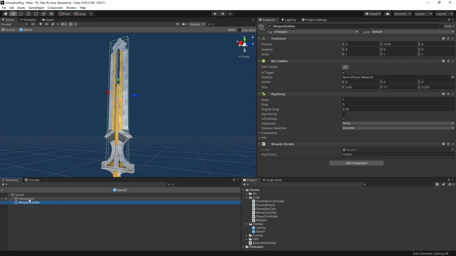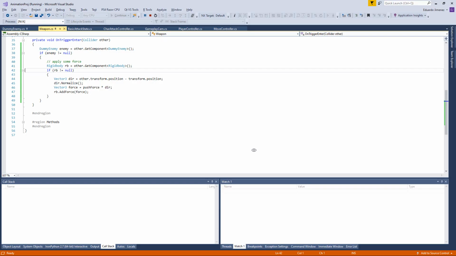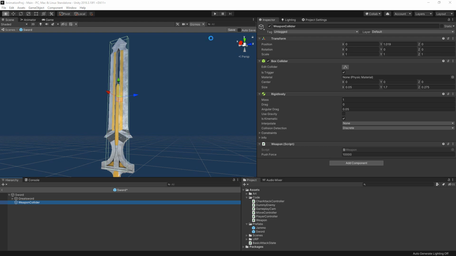Got a weapon collider, and we got a weapon here. And that's fine, but the thing is, we don't want that. We may want to do something a little bit different when we hit the player, right? We, for instance,